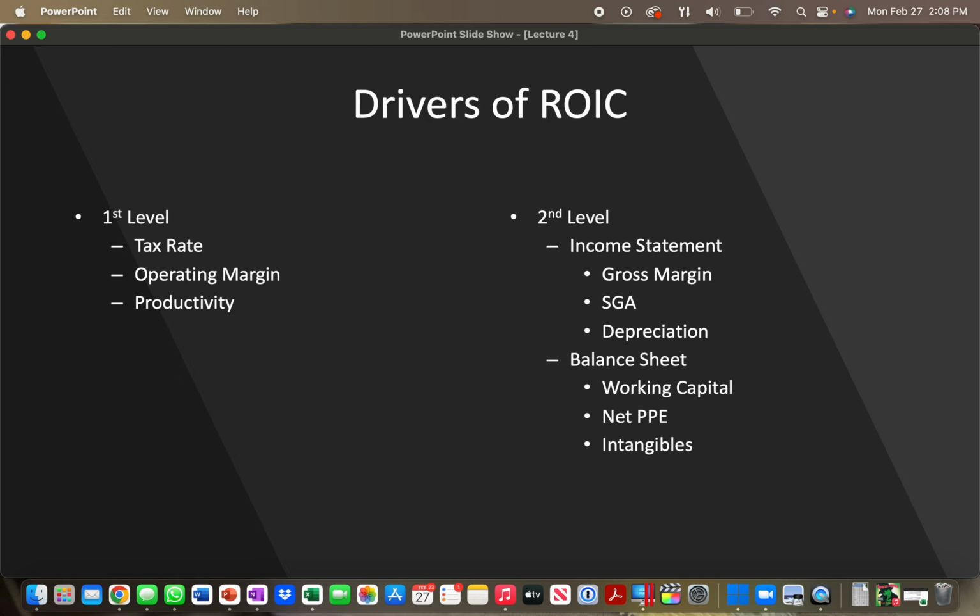After we take out taxes, we're going to look at the pre-tax performance of the business, and there are 2 drivers of the pre-tax performance of the business. One off the income statement is called your operating margin, or EBIT margin, so we just have a bunch of non-operating items in there. And then the other one is what we're going to call productivity or efficiency, and so you can think of your margin as how much do I make when I sell something? You can think of productivity as how much do I have to spend to generate those sales. And so those are going to be the 2 things